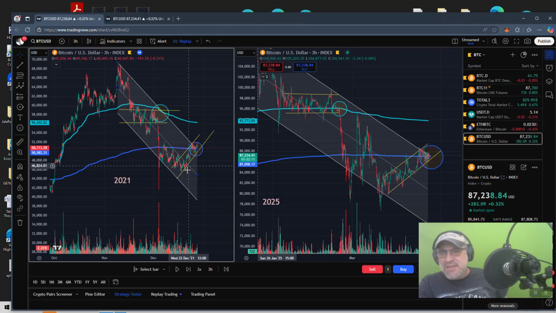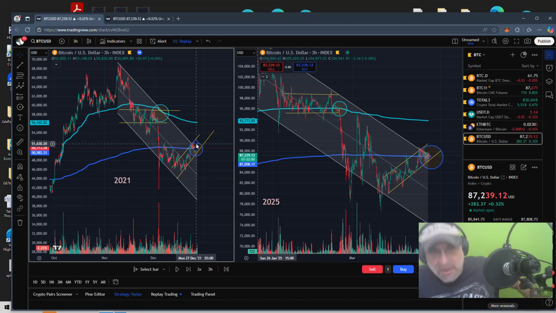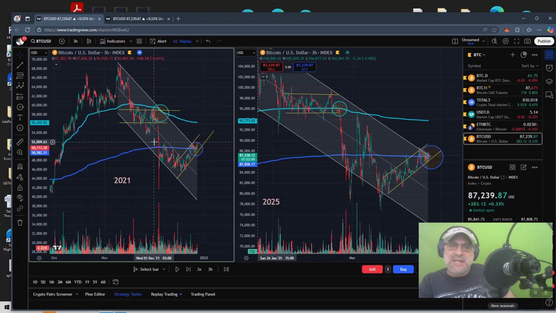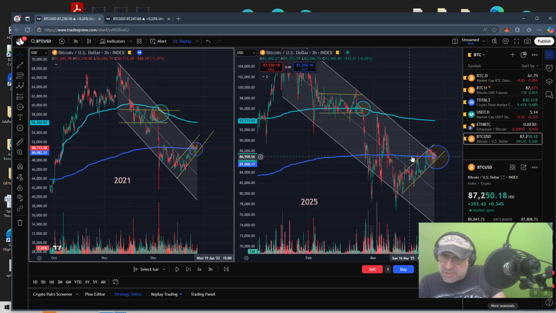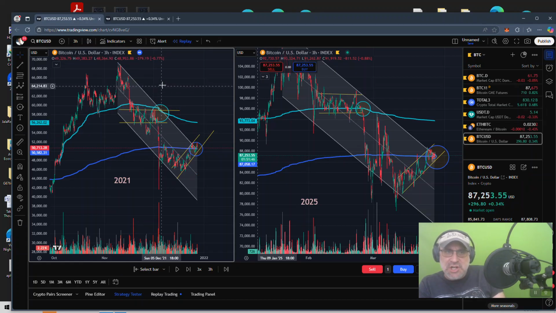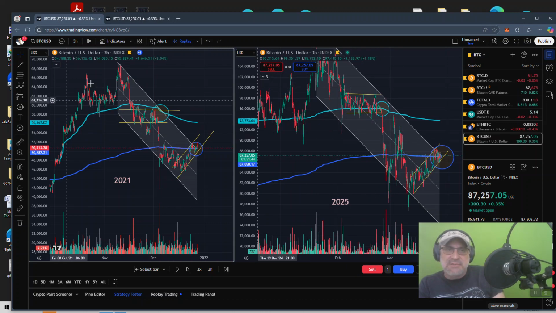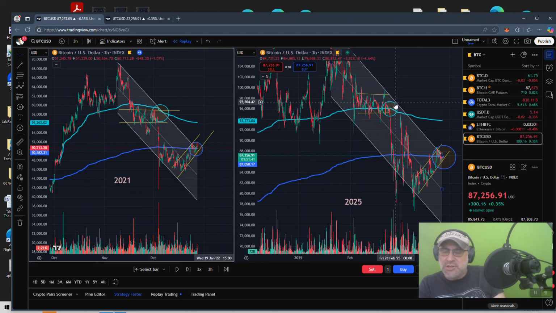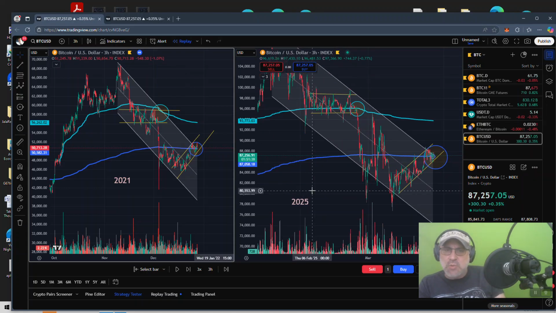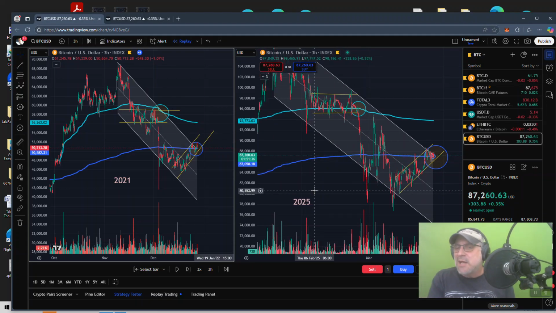And I'd like to contend that this is an extremely important area. This is kind of like the Gettysburg of this structure, because let's say the bulls fail to maintain dominance here atop this anchored VWAP. Now I'm talking about this dark blue anchored VWAP. We've already broken through the pale blue anchored VWAP, and that caused the actual first distribution from the diamond, from the parent distribution structure. But now we're in an LPSY, and this LPSY is probably not going to hold,